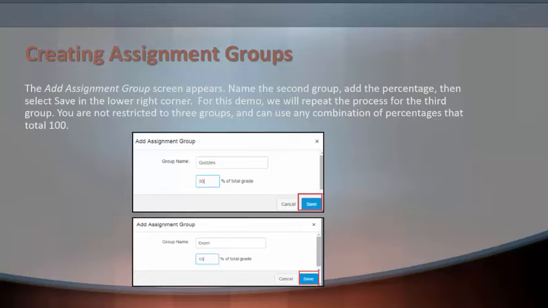So if you're in your Sandbox space, go ahead and add the groups like you want to, but remember, you want it to equal 100%. At this point, I'm going to pause so that you have a chance to add your groups. And if you are following this online, when you're ready to go, of course, you can move on to the next slide.